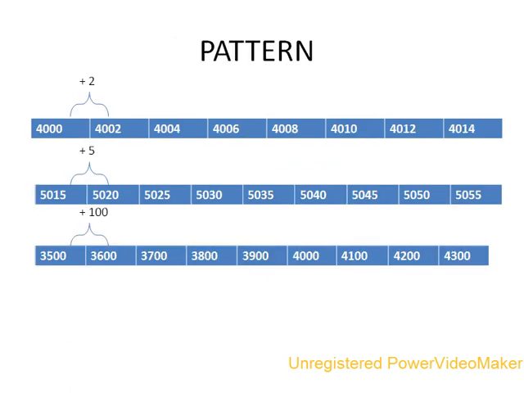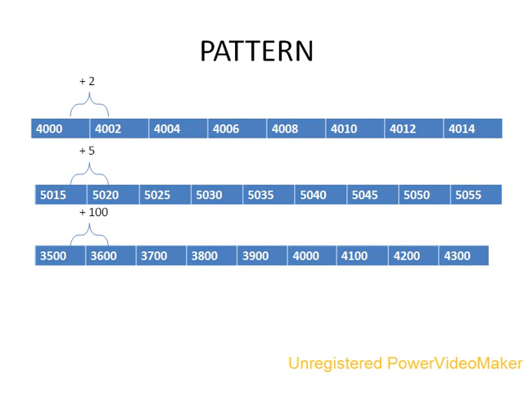Children, now we will do pattern. See, while doing a pattern, first you compare the numbers, whether it is in increasing form or in decreasing form. In the first question you will find that the numbers are in increasing form. Then to find out how much they are increasing, you just subtract the first box number from the second box number. So you will find the difference of 2, and hence it is increasing by 2 only.